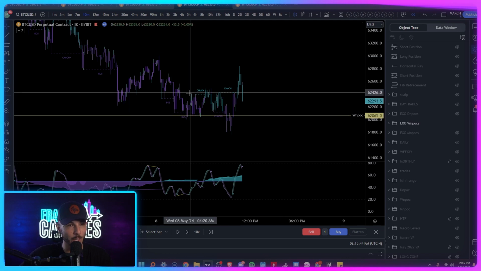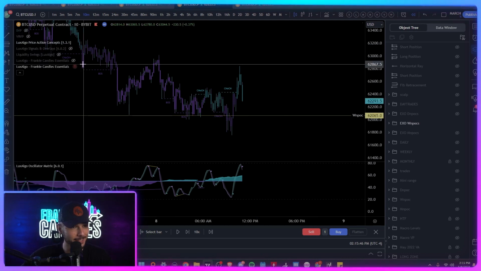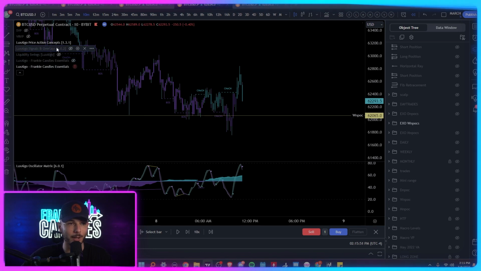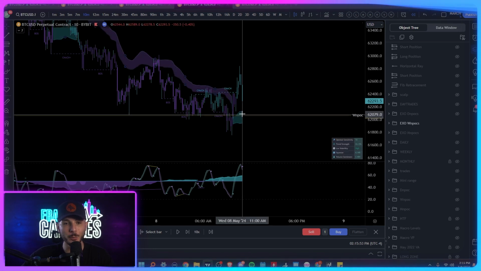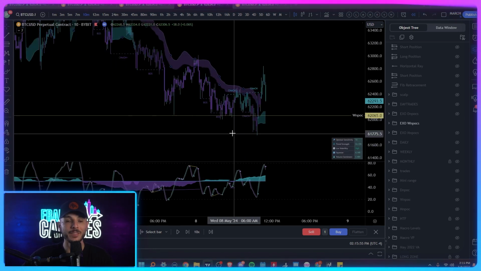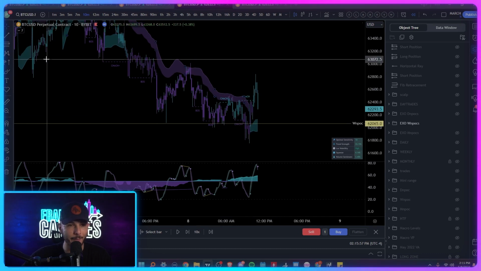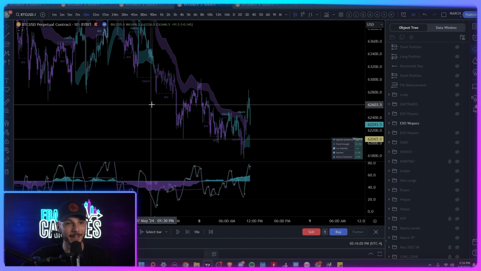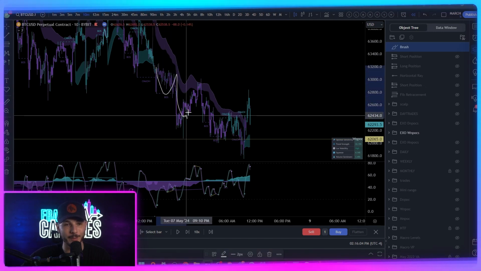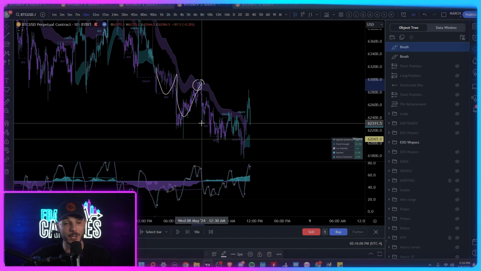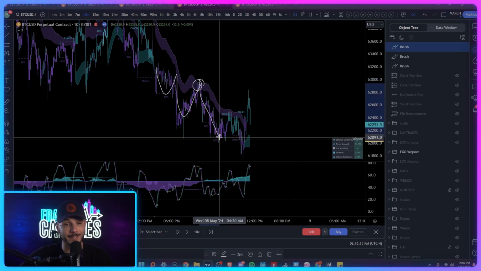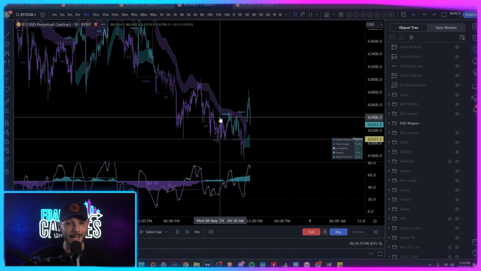And the way I use LuxAlgo to enter these trades, guys, is this is what I show on the live stream oftentimes. But what I will do is I'll pull up the LuxAlgo signals and overlays, and I actually look for the bullish smart trail. This behaves very similarly to a moving average. As you guys can see, once you are below that bearish smart trail, typically when you come back up to it, it will act as resistance. And this is actually, while also keeping in mind market structure and the overall context of the market, this could be great places to look for those lower highs to come in, or potentially a higher low in our case